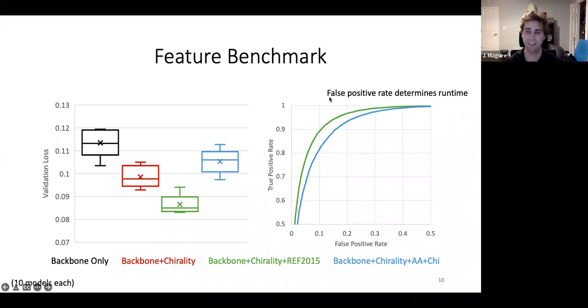As a reminder to myself, false positive rates determine runtime. So from a practical perspective, we're very interested in decreasing false positive rates. And so this point for my coworkers and I really stood out because, to the first approximation, 0.2 speeds up our entire pipeline by 5x, but we get to keep 95% of our true positive